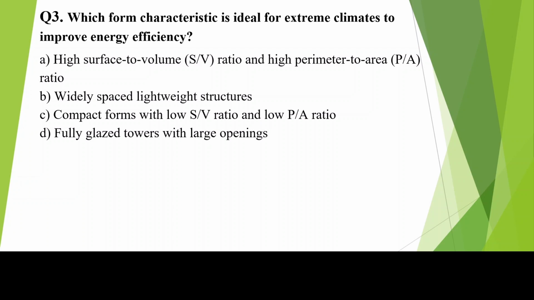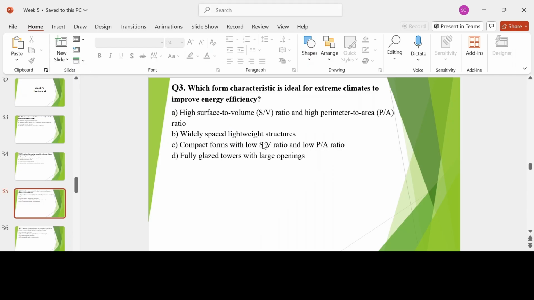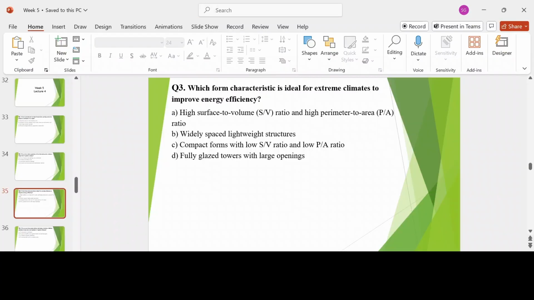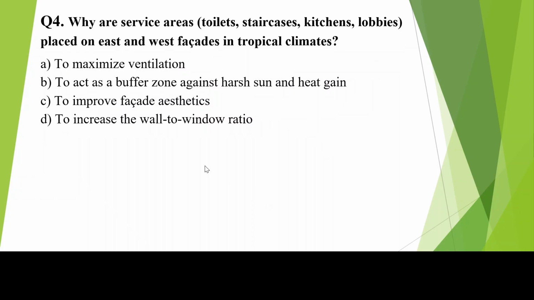This will help lower heat transfer. These compact houses will allow lower heat transfer between the outdoor and the indoor. These compact forms gain less heat in the day and lose less at the same time at night. So it will be maximizing mutual shading. That's why option C, which was marked by Ram, is the correct answer, and the other options are not the correct answers. I hope this is clear to all of you now. Can we move to the next question? Okay, so as I can see, to move to the next question,